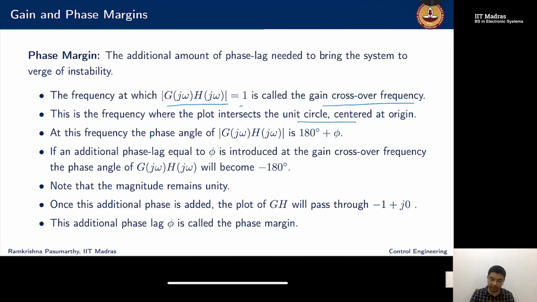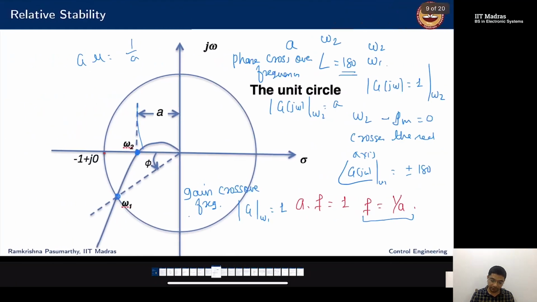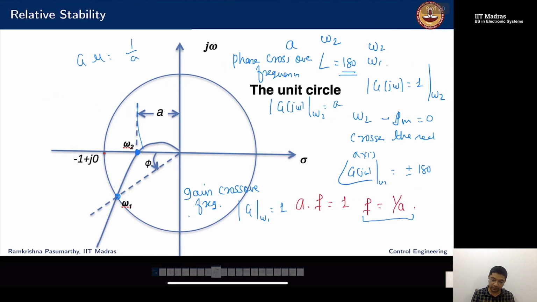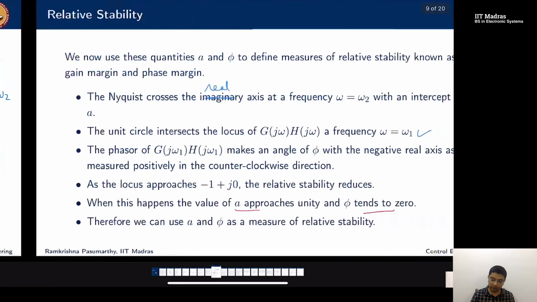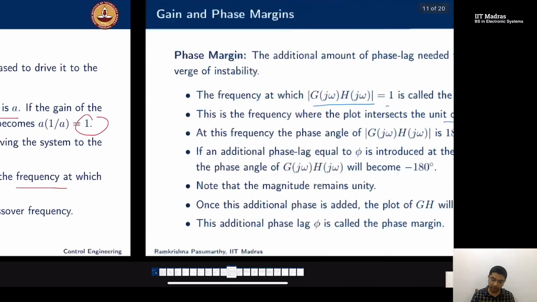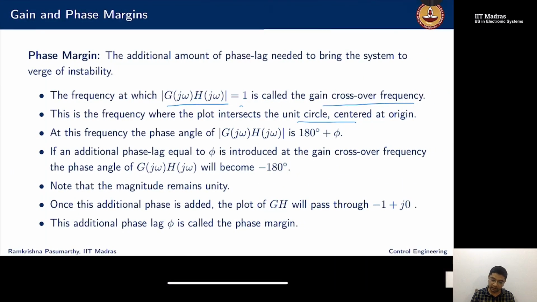If we measure counterclockwise, from here till here is 180 plus an additional phi. So the phase angle at this point becomes 180 plus phi. If an additional phase is phase lag, right? So I have 180 plus phi. If I have a phase lag of minus phi, then